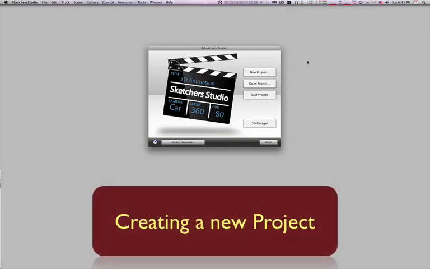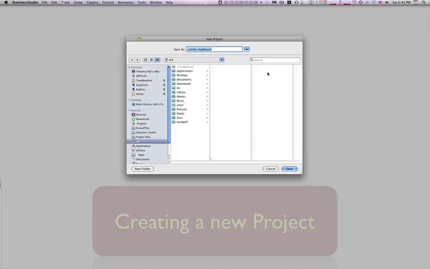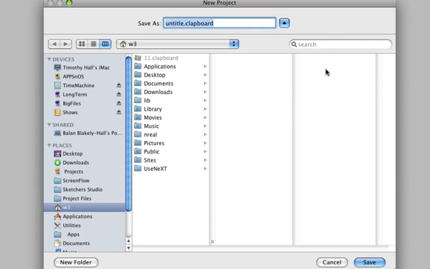Okay, let's start our first project. To do this, we're going to click the button that says New Project, and the first thing it does is ask us, where do you want to save your new project? In this case, we're just going to call this number 1, and we're going to save this one with our